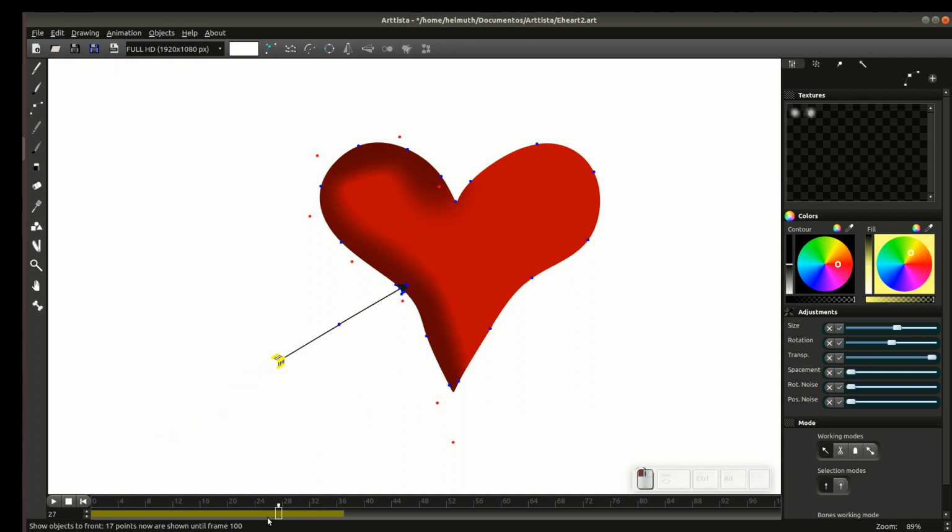Our animation is still there. Keyframes are just simple marks. At the moment the arrow hits the heart, I will create a keyframe here, and at this position I create another keyframe, and I will rotate only the tail. At this frame I rotate to here,